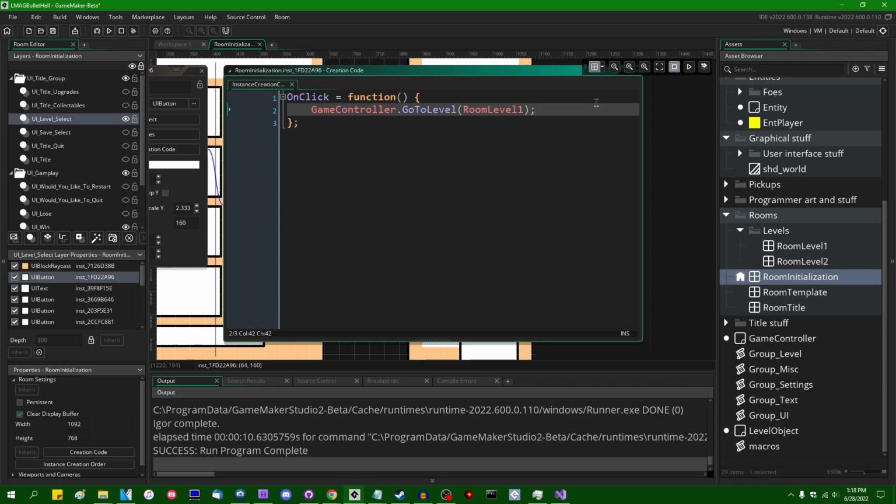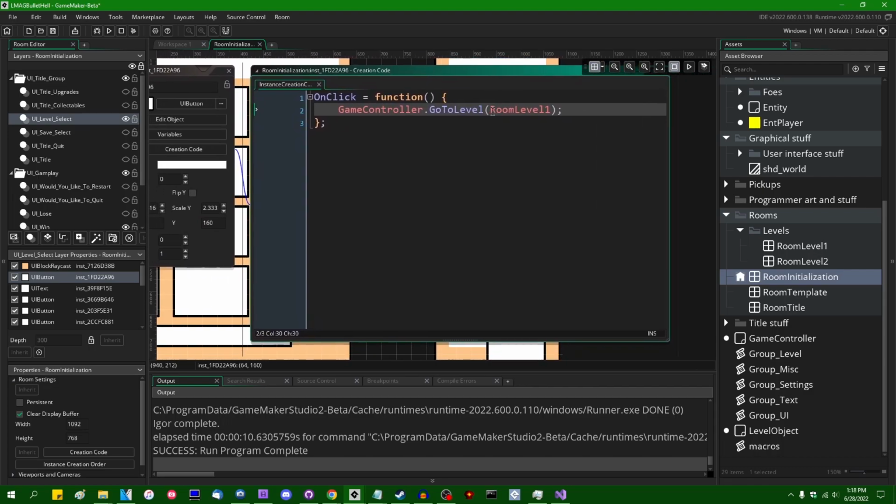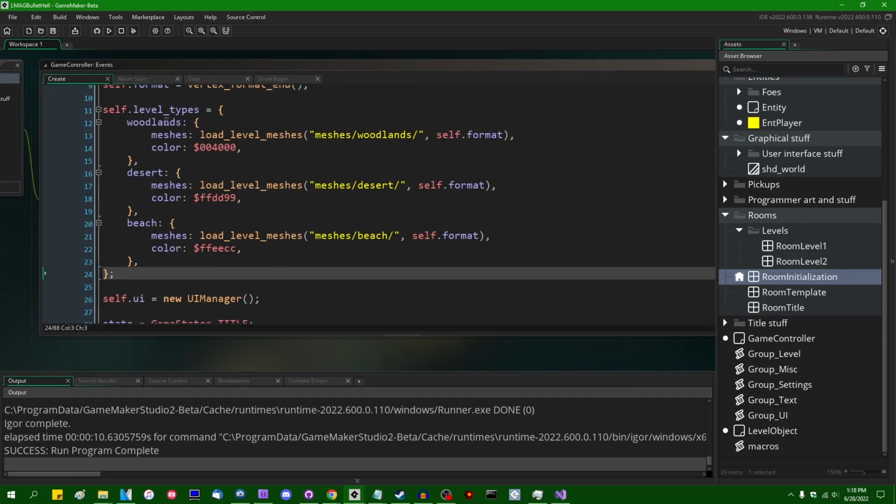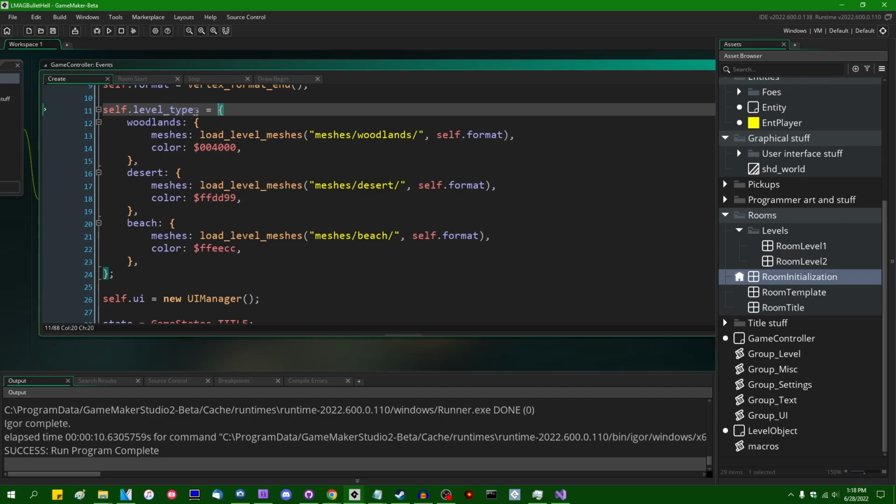You know what, I have an even better idea, and this might count as over-engineering, but this would probably involve changing the least amount of code. And I know this is going to sound like me changing my mind about how I'm going to architect this for the third time, and I know that I should have written this out on paper beforehand, but you know, it made sense until it didn't. So instead of saying game controller go to level room level 1 and then setting some variable somewhere like level type equals woodlands or something like that, and then being a whole thing, instead of saying self.levelTypes equals this,